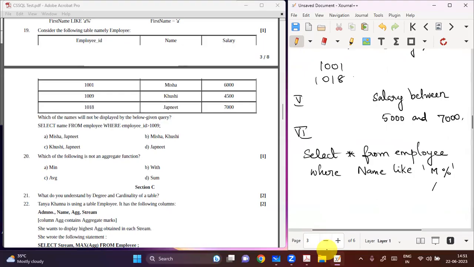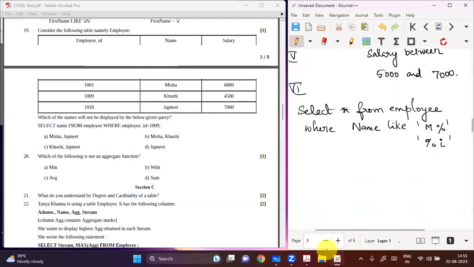Similarly, I can also use percentage I in this case. If I say that, it means ending with I. So Kushi is ending with I. So it can have anything in the front, but it has to end with I. Same way I have an underscore. Like if I say underscore A